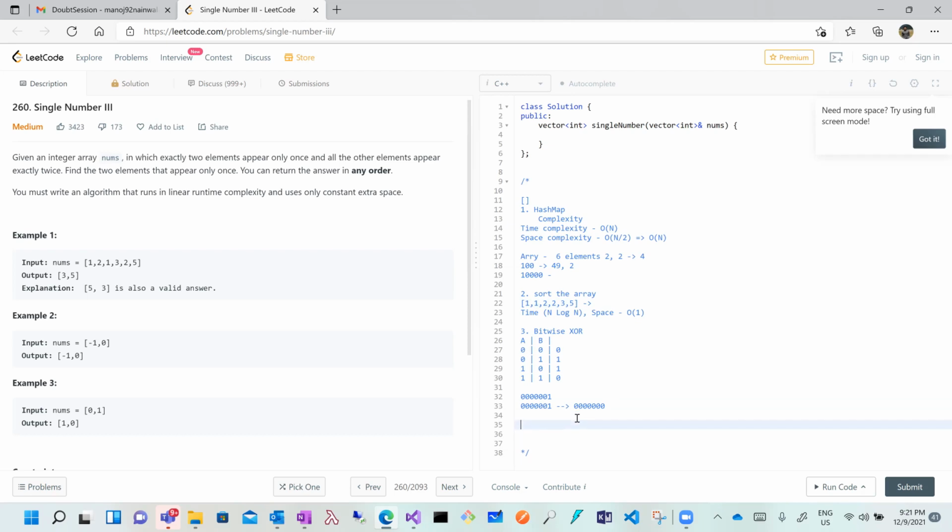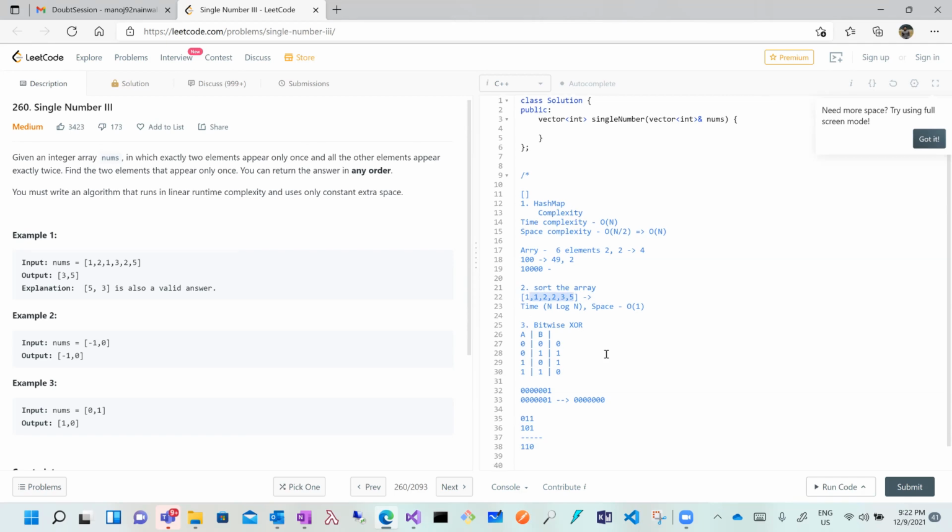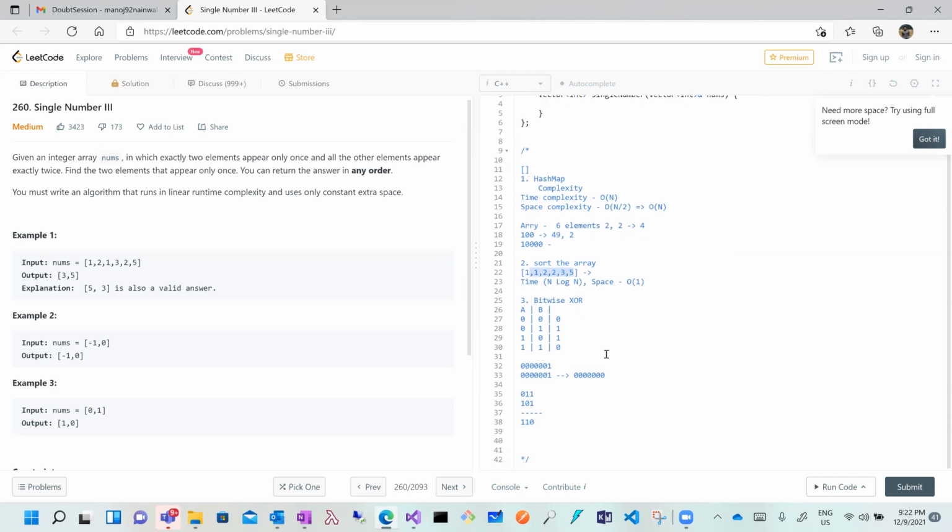I will get 011 XOR 101, so you will get 110, right? If I do XOR of all these numbers. Any doubts, anyone? No doubts. Cool.